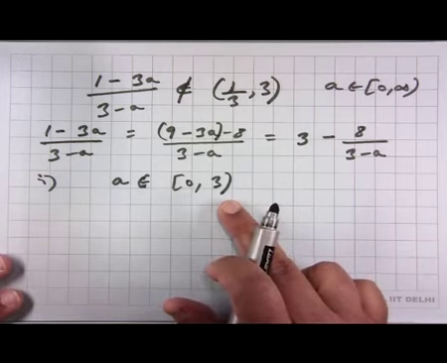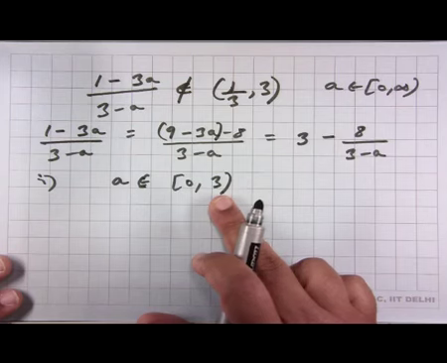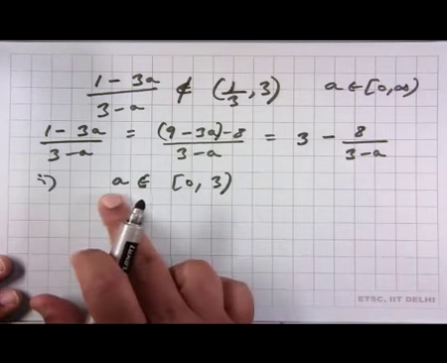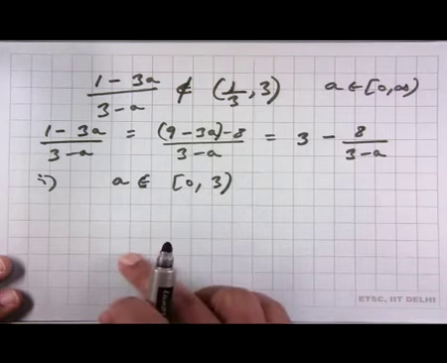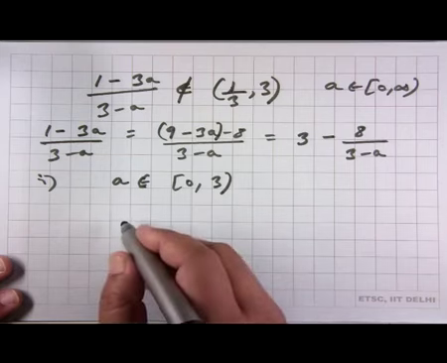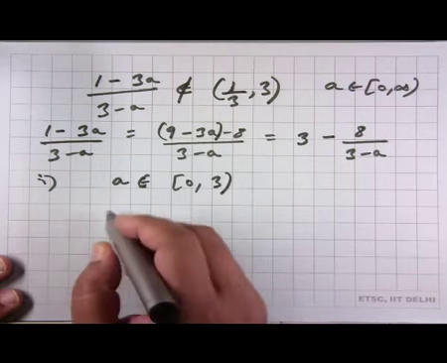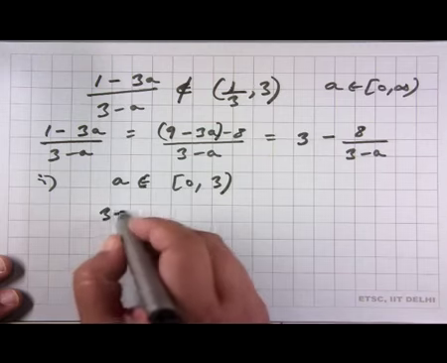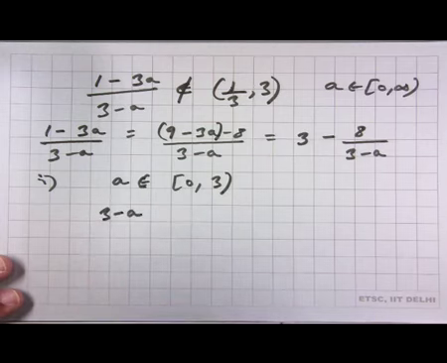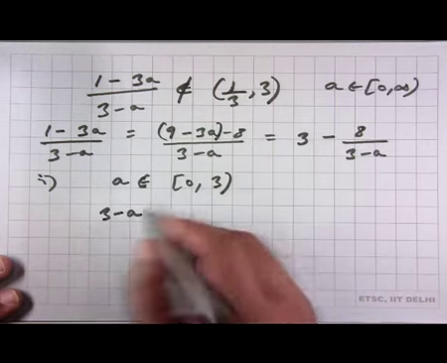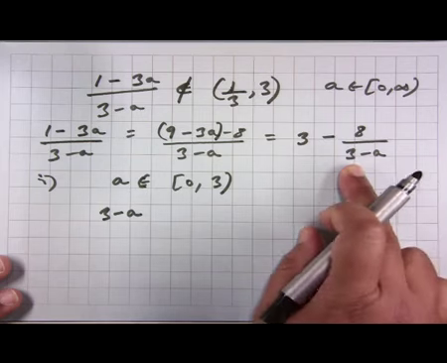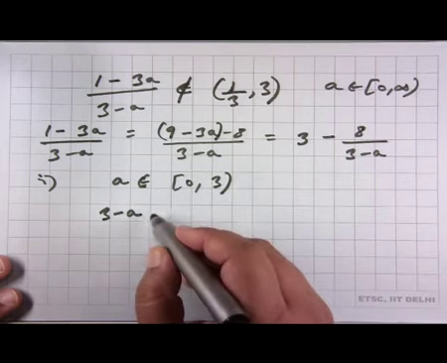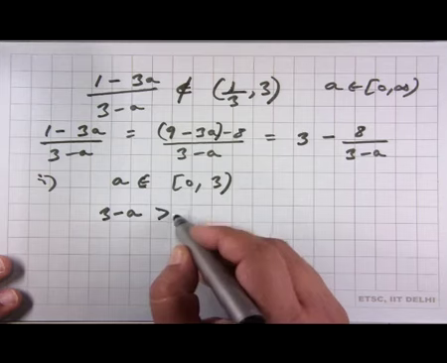So, for a greater than or equal to 0 and strictly less than 3, when a belongs to this interval, it is easy to see that the denominator here, which is 3 minus a, is greater than 0,